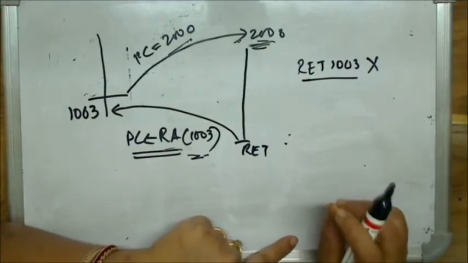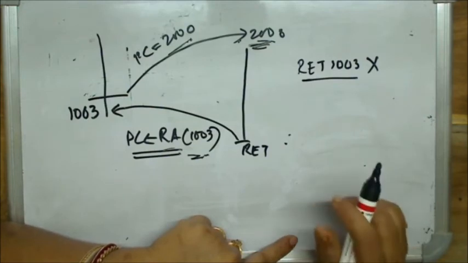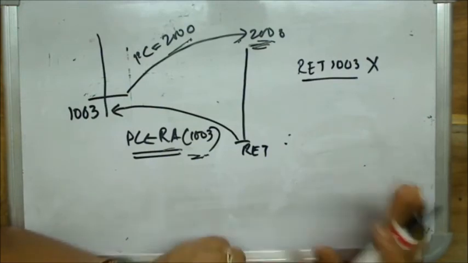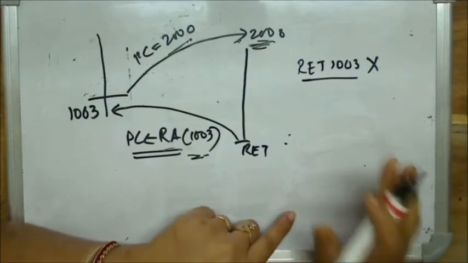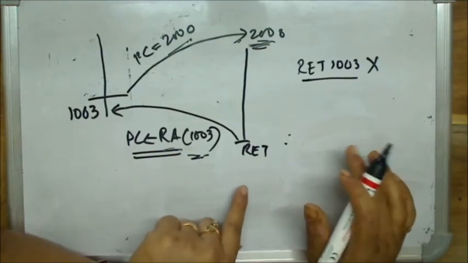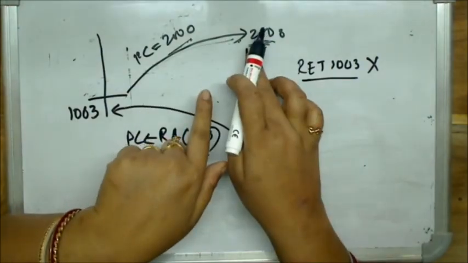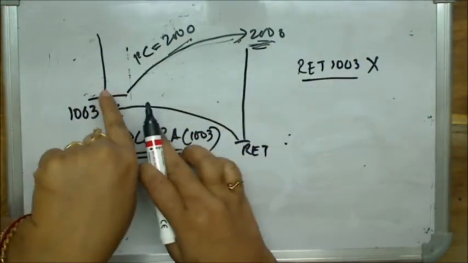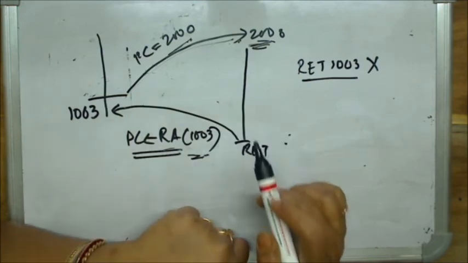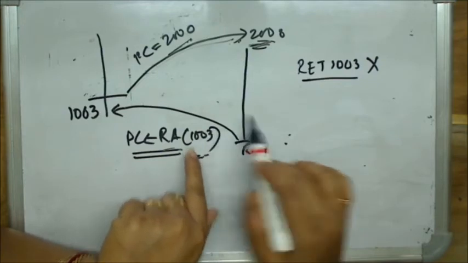Understand these points very clearly. Listen very clearly. By the time fetching and decoding was over, the processor already knows, before execution, that this is a call instruction, so it has to go and it has to come back. The processor knows it has to go to the subroutine, execute the subroutine, and again come back. That means it knows the processor will need this return address while coming back.